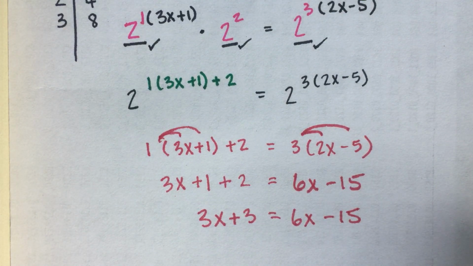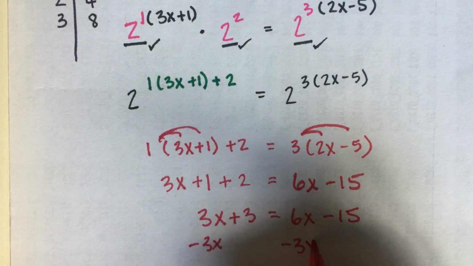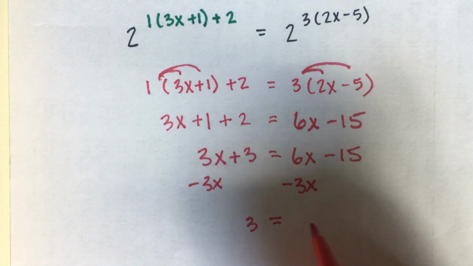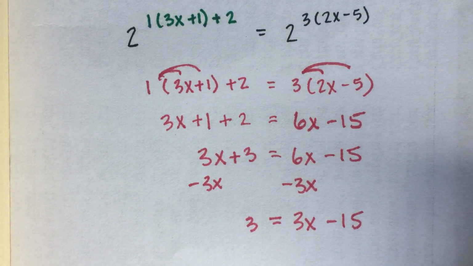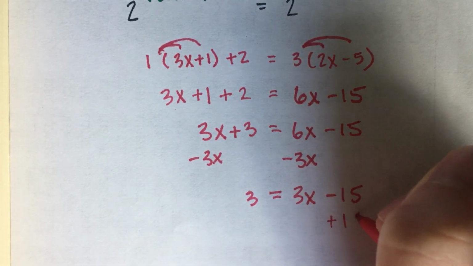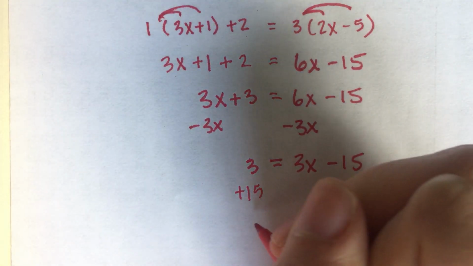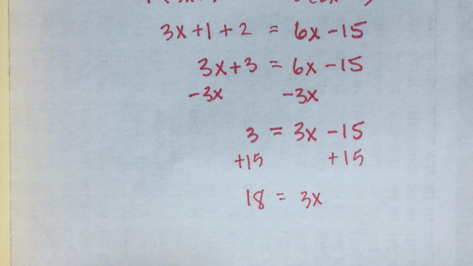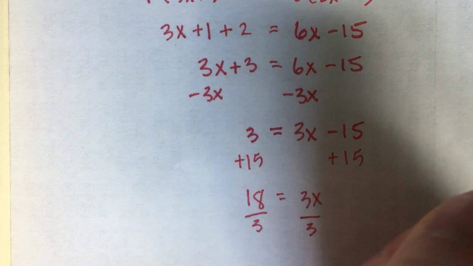And now we can subtract 3x on both sides. So 3 is equal to 3x minus 15. We need to move those numbers over, so we'll add 15 to both sides. 3 plus 15 is equal to 18. And then we can divide by 3 on both sides. So 6 is equal to